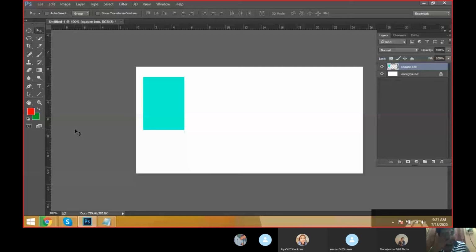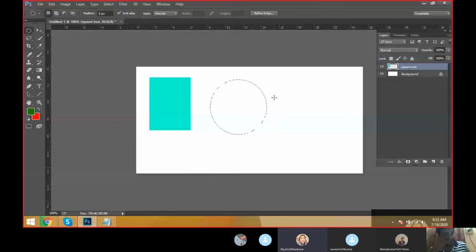I have to fill the green color. What should we do? Control Backspace. See, where is the green color? Is it in the foreground or background? Foreground. Then what should we do? Alt Backspace. Now where is it? Is the green color in the foreground or background? Background.